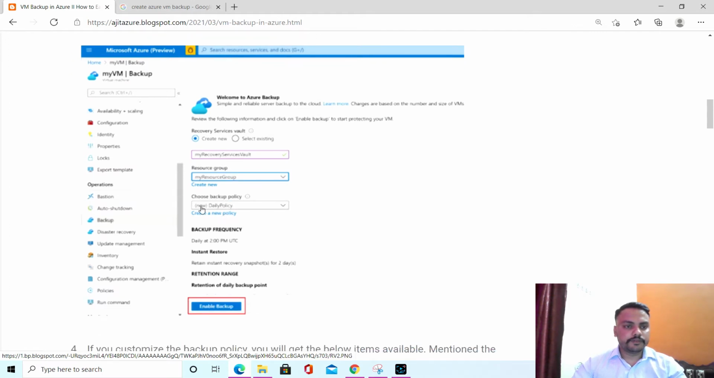Once the recovery services vault is created, you have to go to the VM on which you want to take backup. Once you go, you will get a Backup option in the Operations section. If you're not able to find it, you can search for it here by typing backup. You will be able to find the Backup option. Once you click on Backup,